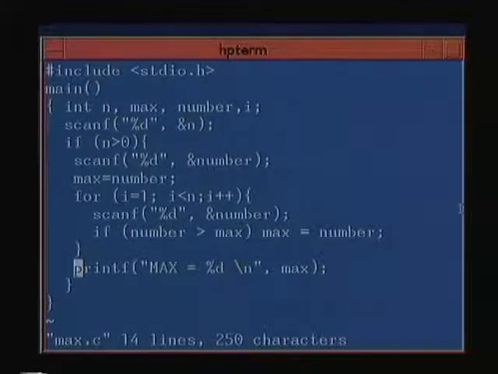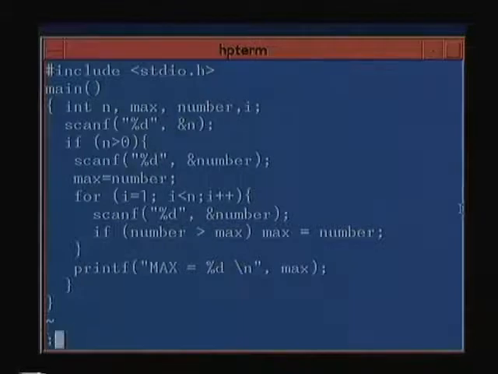Now we are supposed to read in a total of n numbers. Let us check whether we are reading in n numbers. We are reading in one number here, and this loop starts with I equal to 1 and continues as long as I is less than n. So it will read n minus 1 numbers in this loop. So you read exactly a total of n numbers. Any questions about this program? If there are no questions, then let us see how to run it.